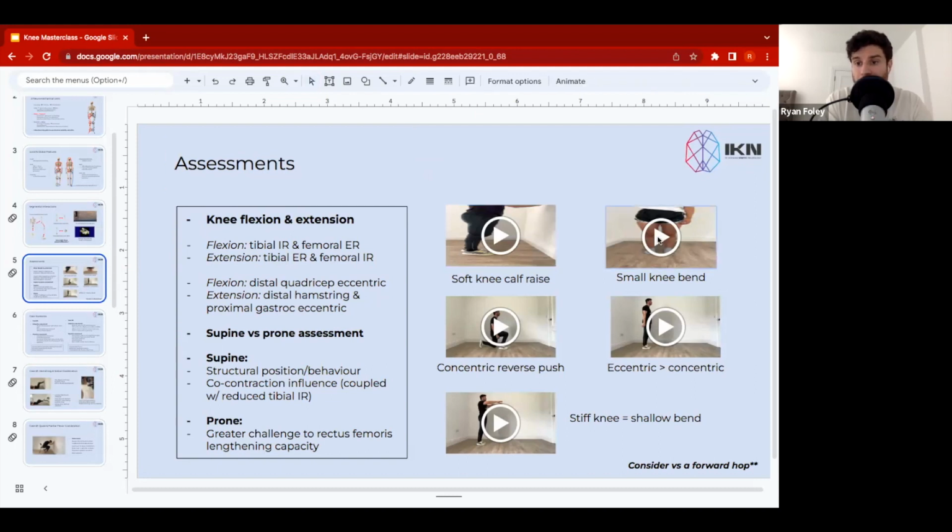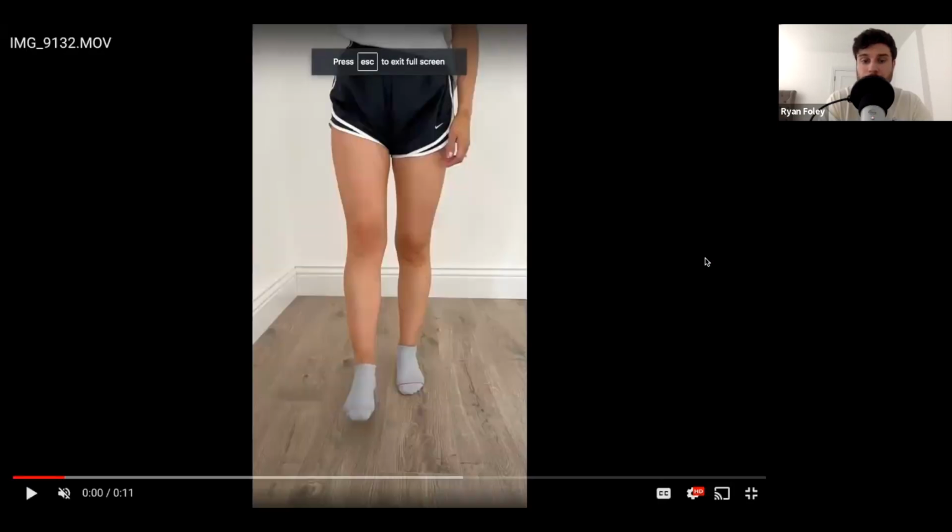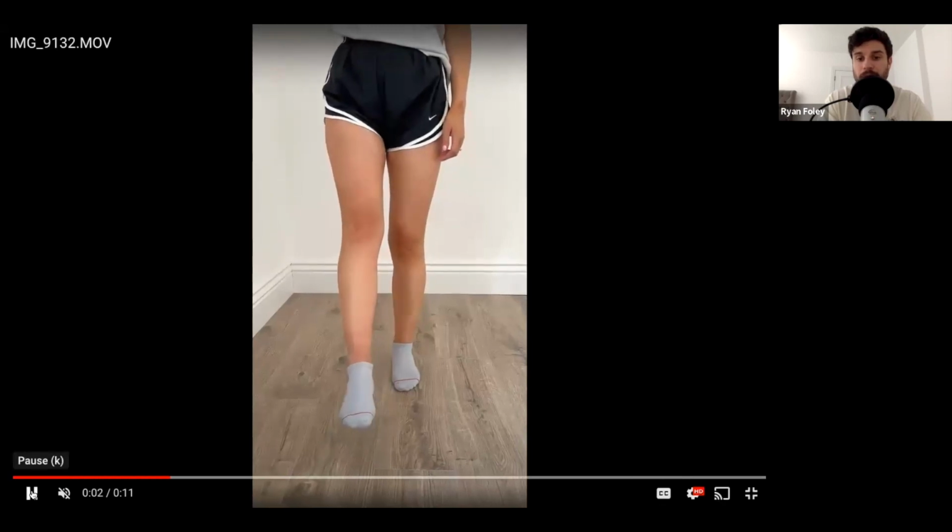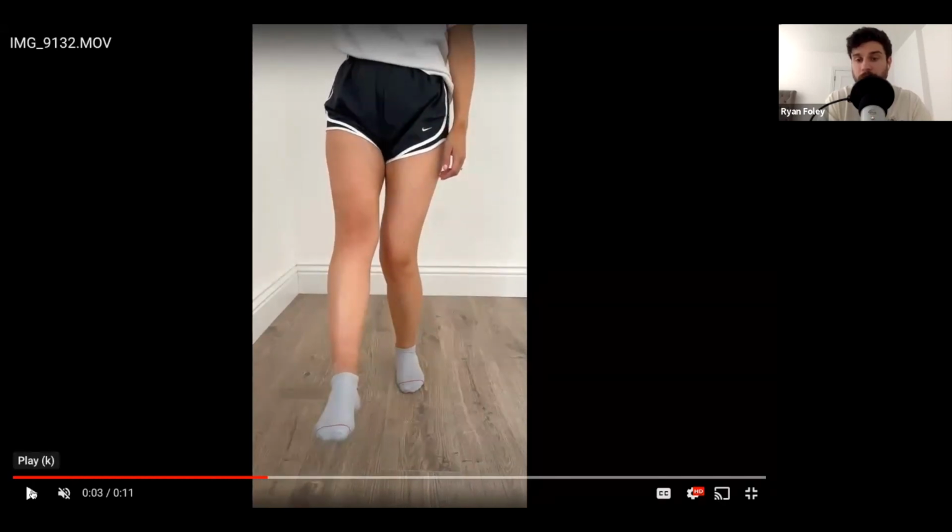Now, looking at this small knee bend assessment, where we have the client in a single limb stance position, what we're doing is we're asking them to bend the knee slightly. And you'll often see a valgus representation like this with this scenario. But what you also need to consider, things from two different perspectives: a kinematic perspective and a kinetic perspective. Kinematic perspective is, are we seeing that greater level of internal rotation and adduction at the femur, for example,